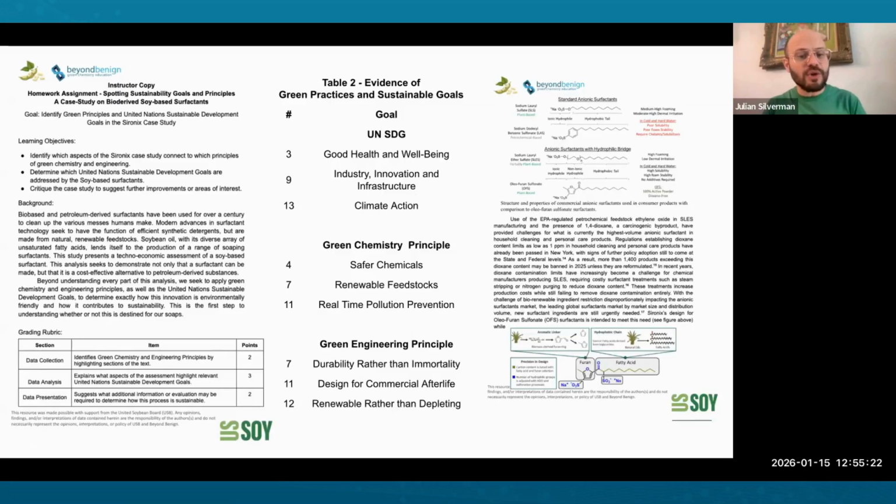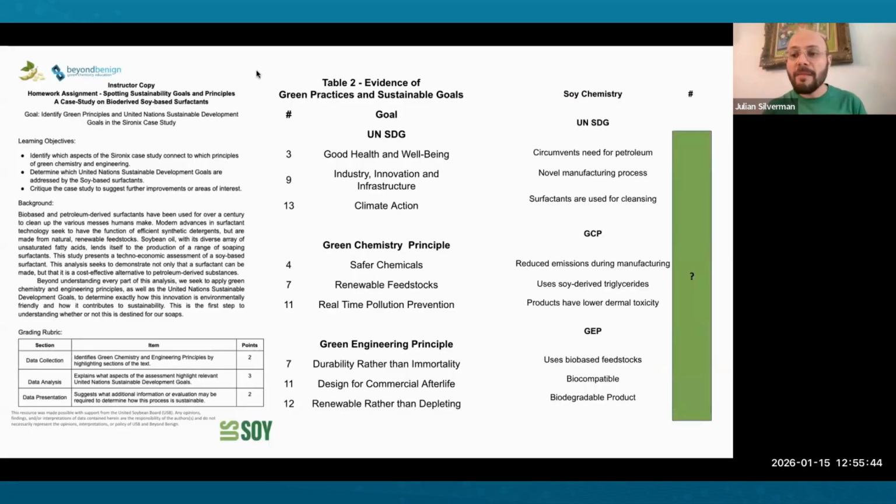But on the left is an image or screenshot of that homework assignment that you were given. And on the right-hand side is the document that you would have assessed if you had gone through the homework. And really what it was doing was looking at a brief where they turned soy chemicals into functional surfactants for soaps and different products. But really, what the homework had you do, as an example of the resources we'll talk about today, are what we just did, the activity we did, in about 5 to 10 minutes. While this would be about an hour-long activity the students could be doing at home,